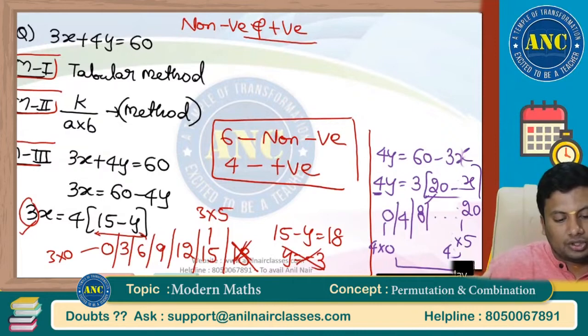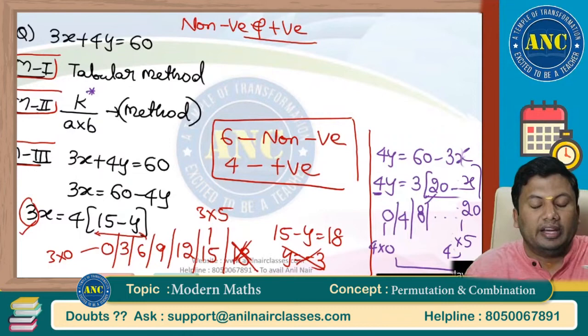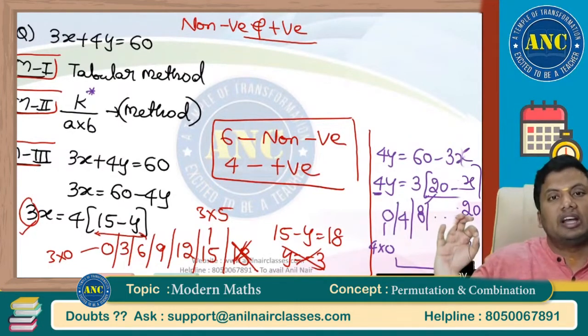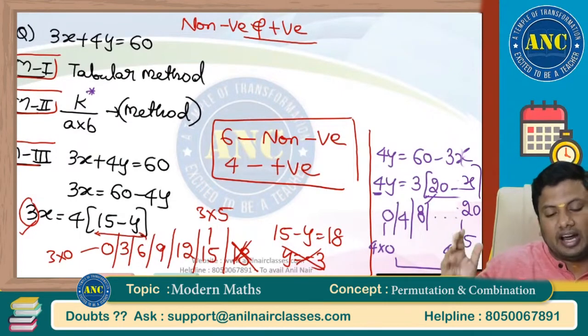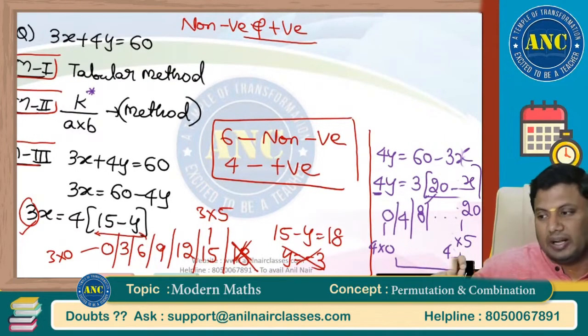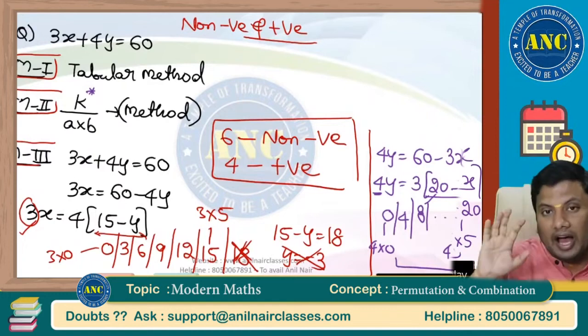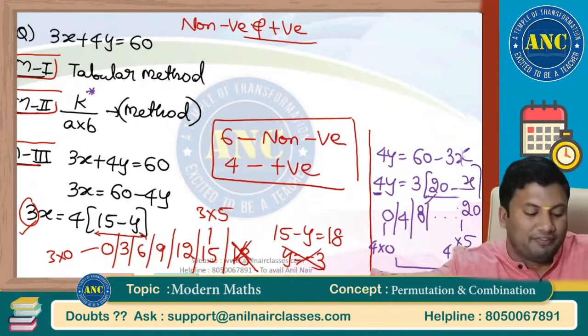Method 1, method 2, method 3. Now I will discuss why this K by A into B proof came. That proof also we will discuss. Not a single doubt you will have in my class. Listen carefully, practice it, and take any method which is more comfortable to you. I will give you multiple methods depending upon your practice and your understanding of that particular type. You take any method. The idea is you should choose a method that is extremely comfortable to you.